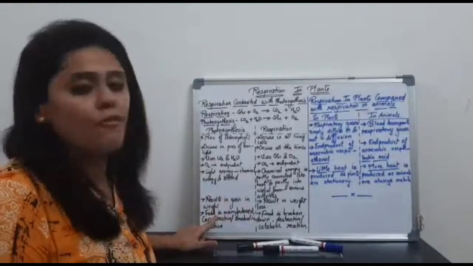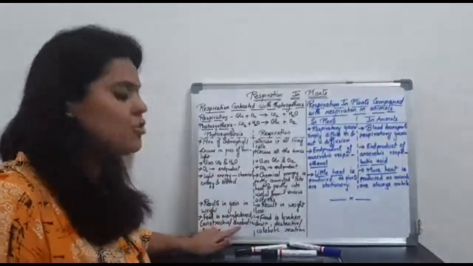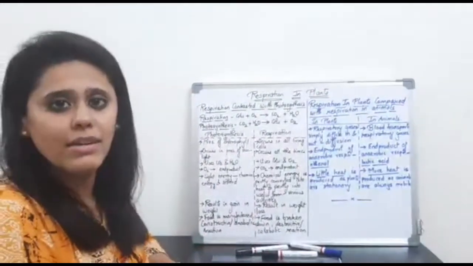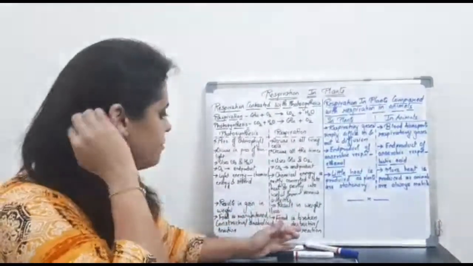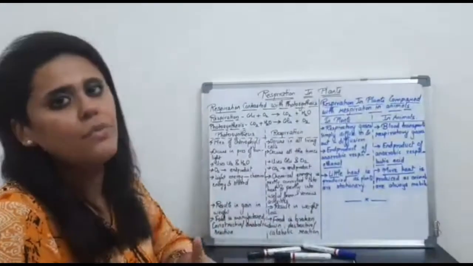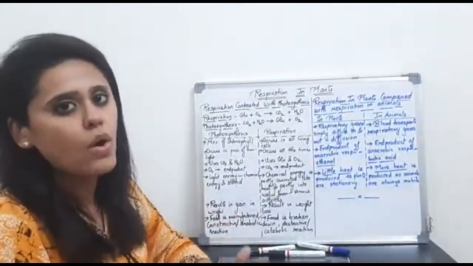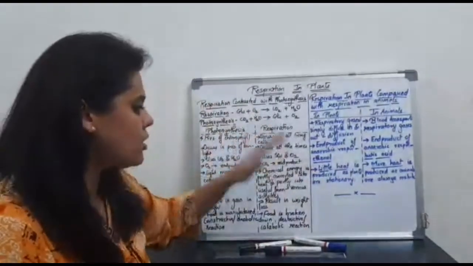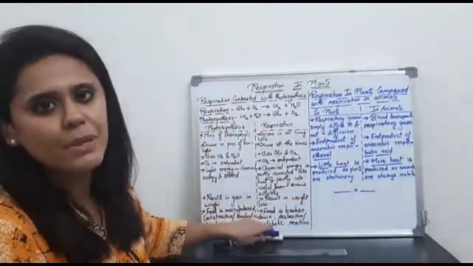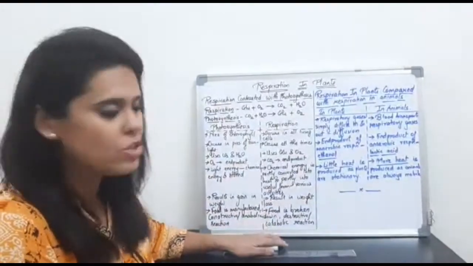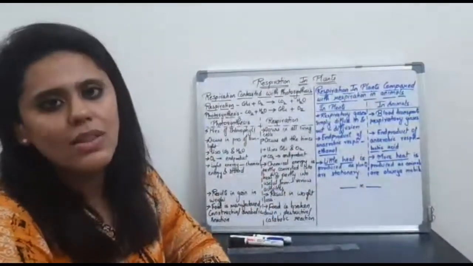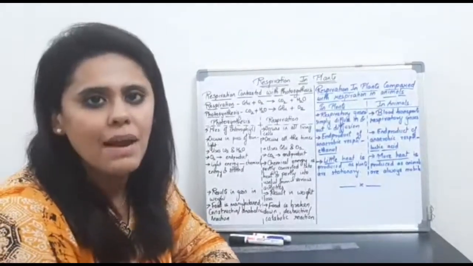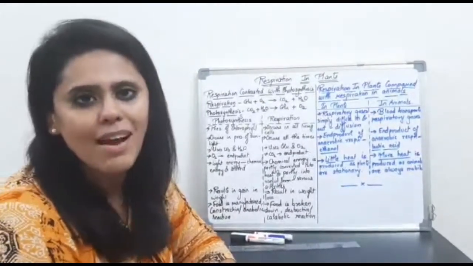in the process of photosynthesis, food is manufactured, and therefore it's a constructive reaction or an anabolic reaction. In case of respiration, food is broken down, therefore it's a destructive reaction or a catabolic reaction. So all the important points clearly explain the differences between the two important processes occurring in the plant body. I hope the concepts are clear.